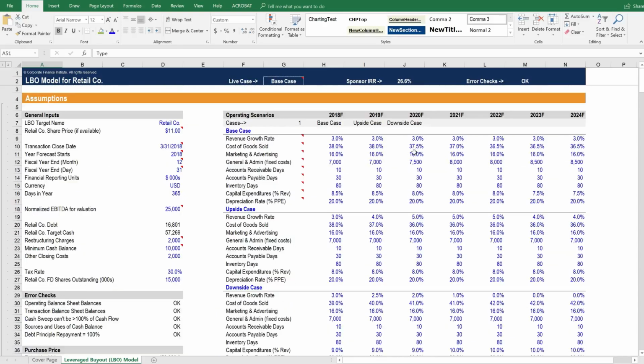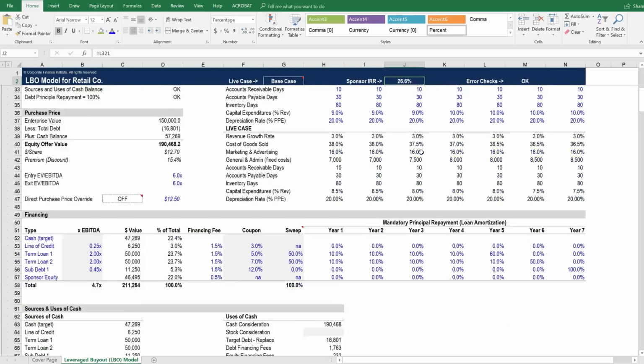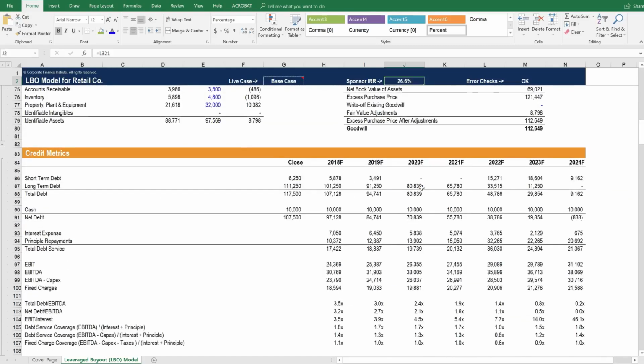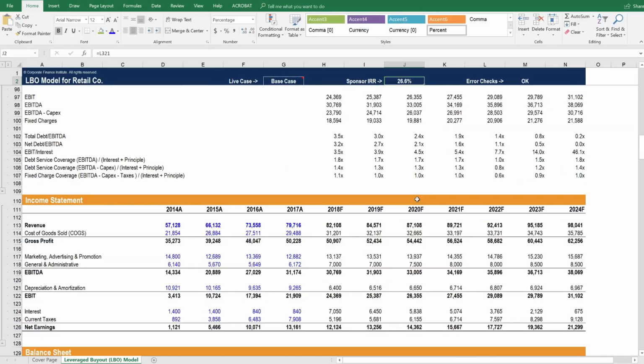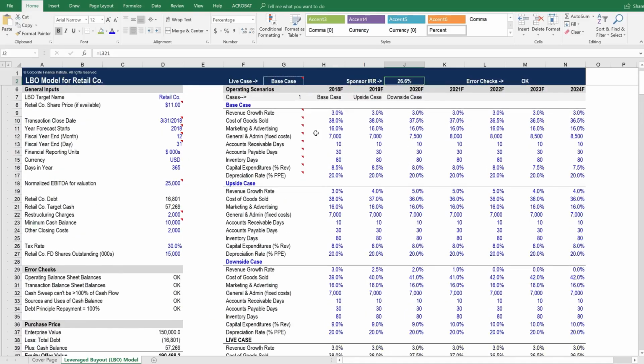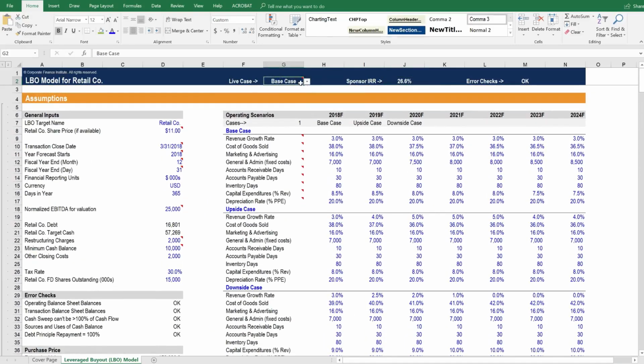In this model, we've conveniently put the sponsor IRR above the fold here, meaning that wherever we scroll down to in the model, we can always see the sponsor IRR. This way, we can see what happens to it no matter what we change in the model. Let's scroll back up to the top. We've also put above the fold here the case that's being run through the model. We've started with the base case that has a